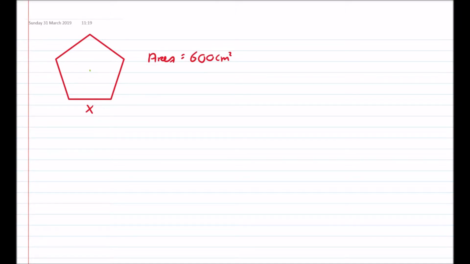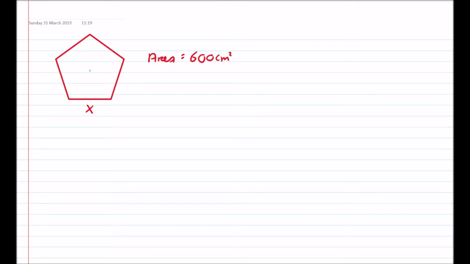Okay, in this video I have a pentagon. They give me the area and I want to find the length of one of its sides. Remember, it's a pentagon, so all the sides are the same. Now we have very few tools, I suppose, or methods to find aspects of pentagons, such as areas and lengths and